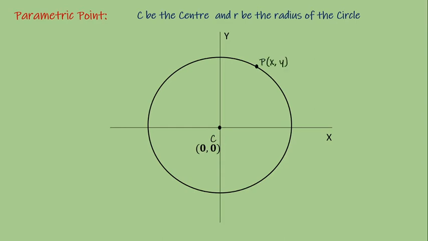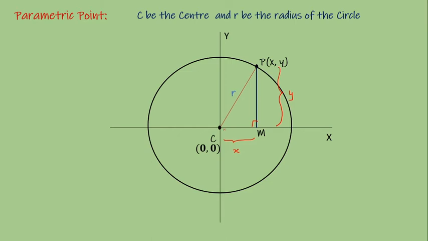Let P(x, y) be any point on the circle, and if you join that point with the center, you get the radius. Now from point P, I am drawing one perpendicular on the x-axis. Let that perpendicular be PM. Now what is the distance of M from C? Anybody can say it is equal to x. And the distance of P from the x-axis is the vertical distance. We are measuring it on the y-axis, so it will be y.